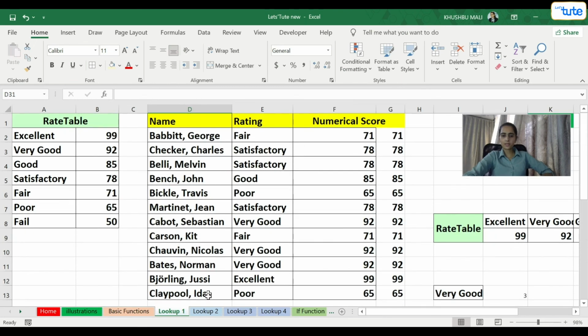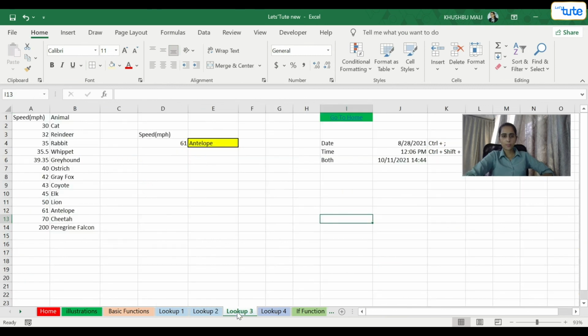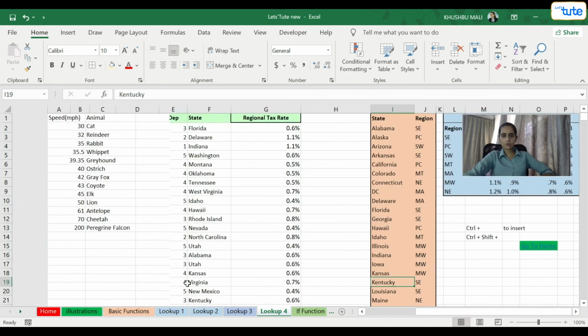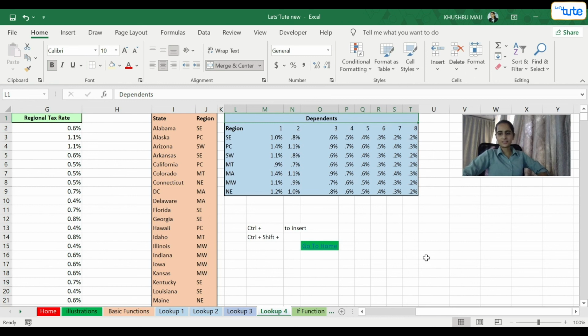Now this is lookup data. I try to explain here. This is lookup 2, lookup 3, lookup 4, I guess we have. Okay, I'll use merge and center here also. See, there is only one heading given here, dependence. I want this in the center, but you can see there are so many cells. Now what I am doing, I'll select everything and click on merge and center. Now it is only one. So this is how merge and center works, and we can do this.